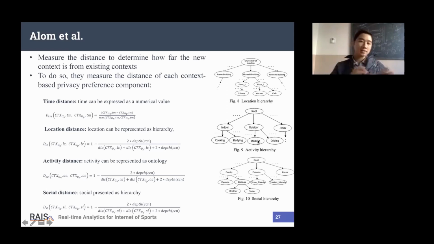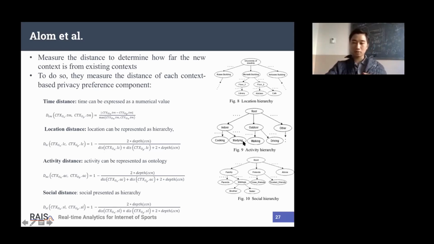He needs to measure the distance between these 2 different activities by using this equation, where, from the root to the parent, the nodes have the closest ancestor distance to the 2 different nodes, one from the previous context, one from the new one. And this is the length of the path from the parent to their nodes.